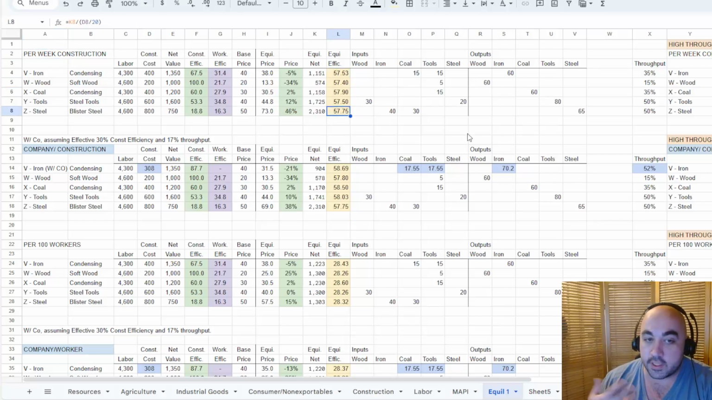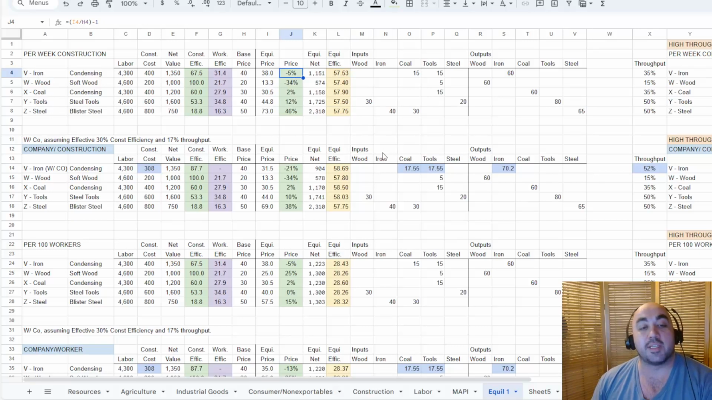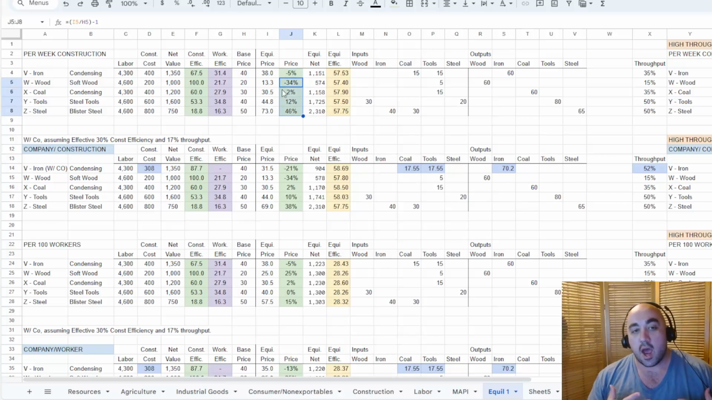They're a little over 57. And in order to get the equilibrium efficiency of 57 on iron on condensing engine pump, we will need to have a price of minus 5%. However, this is taking into account the fact that all the other goods will be different in price, because you need to do this because if, for example,